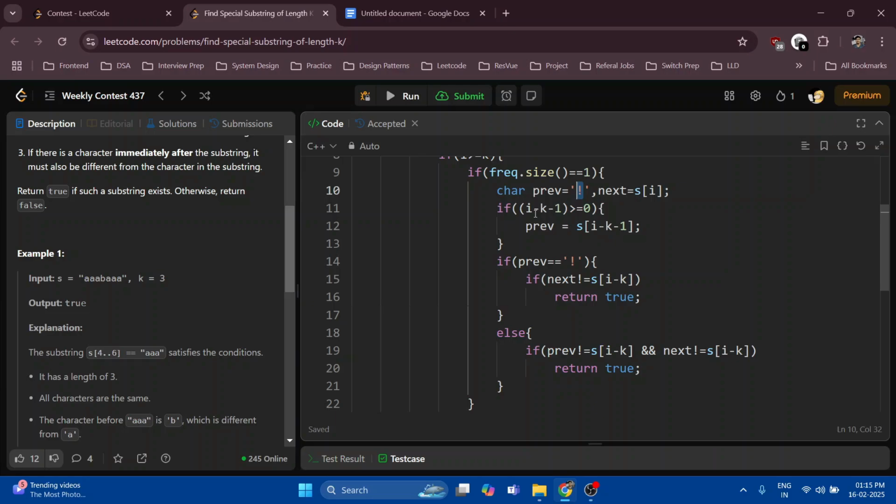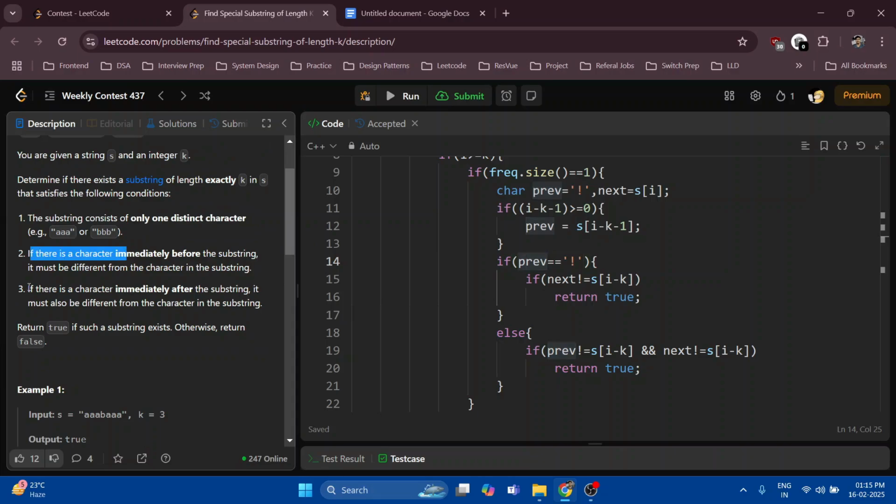So now we are checking if it is possible to go back and see if we have a previous character just immediately before the substring starts, and if it is, we will update the previous. And after that, we check if we have a previous or not. If we don't have a previous character, we can ignore that condition, and we just need to check